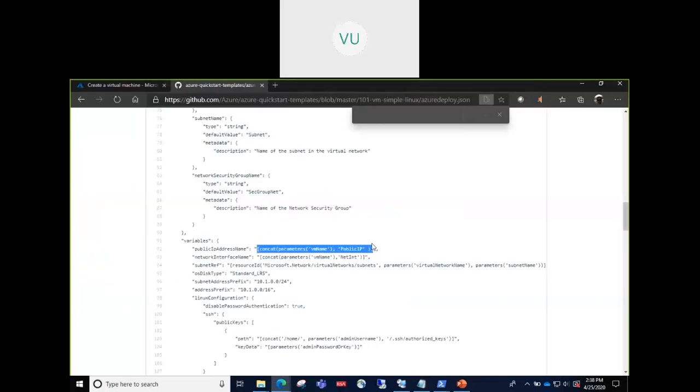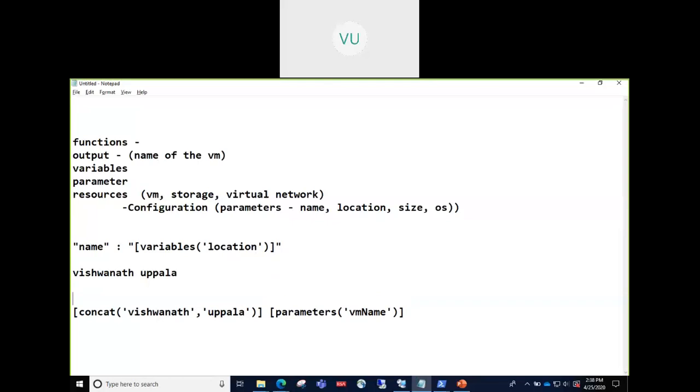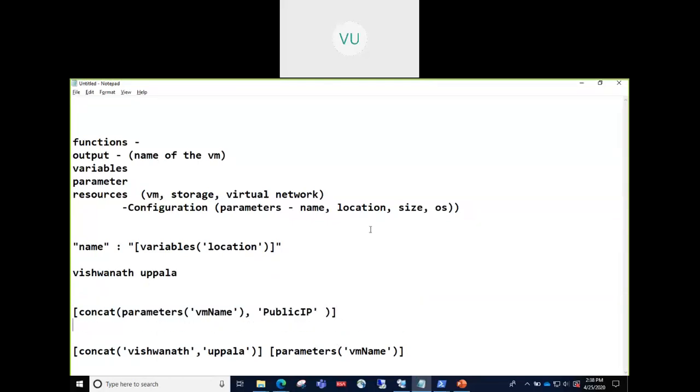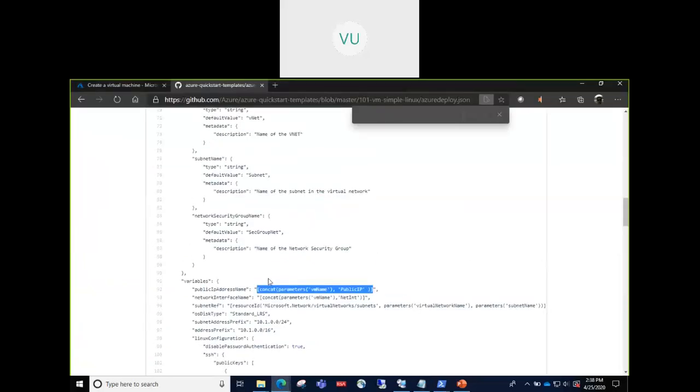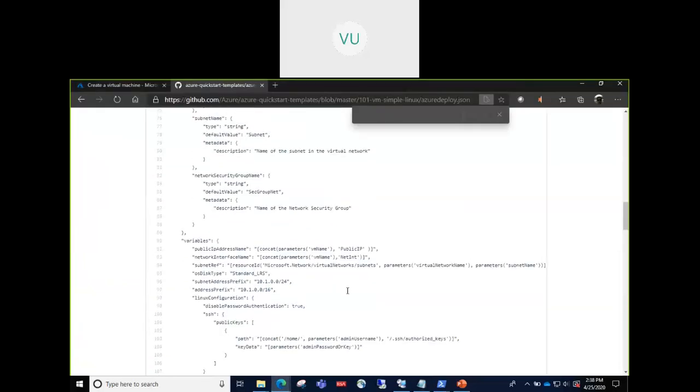If you see this structure here, instead of this hard-coded value, I am passing the parameters here, and this is the string. This is a hard-coded string here, public IP. So this is how you can use parameters in your ARM templates.